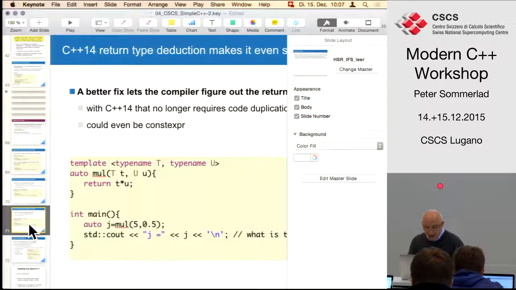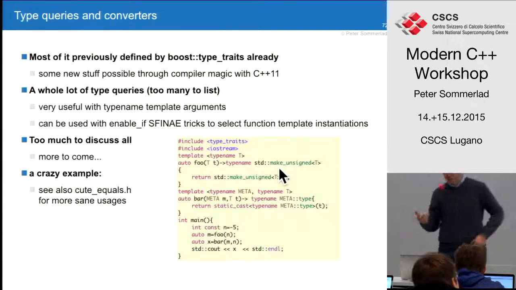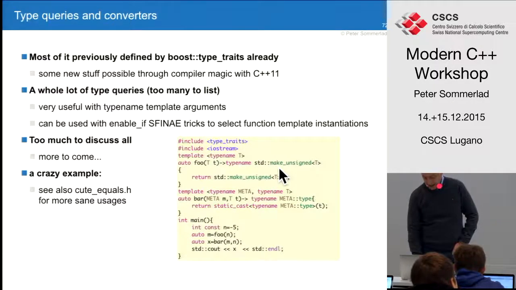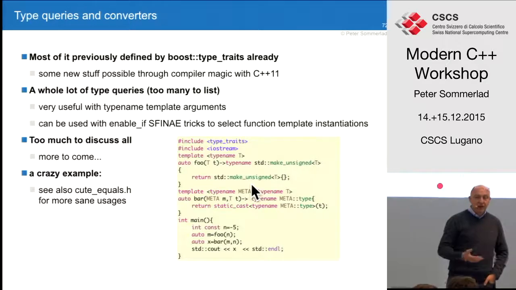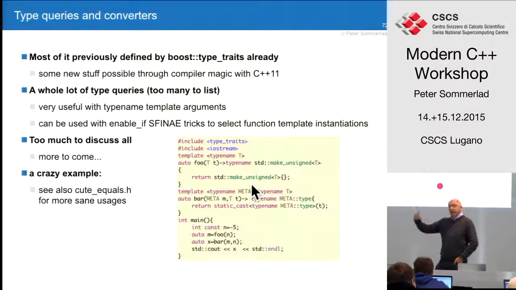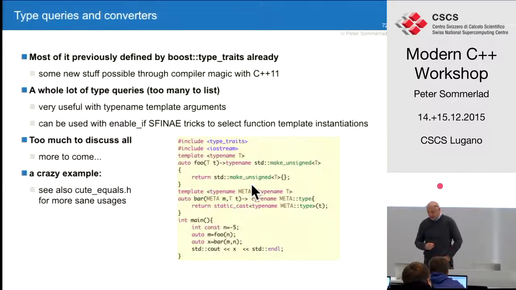And while we are at it, you mentioned already, from C++11 on, we get much better type queries and type traits. The question was, what can we do at compile time when we have template arguments that might not be the right ones? We can actually change types or query types at compile time and use static asserts to figure out if things are not the way we expect them to be before we get the deeply nested compile errors, which allows us to check a little bit earlier at compile time if something went wrong.